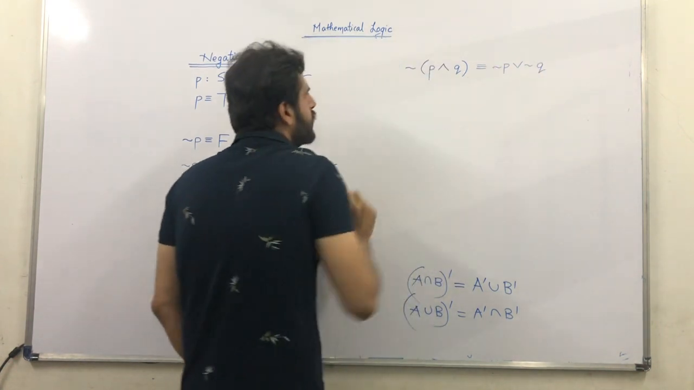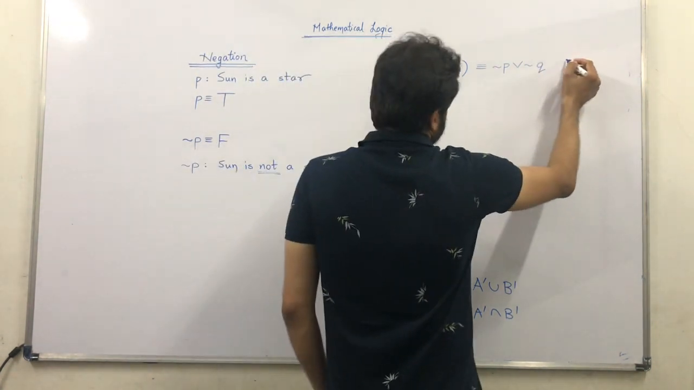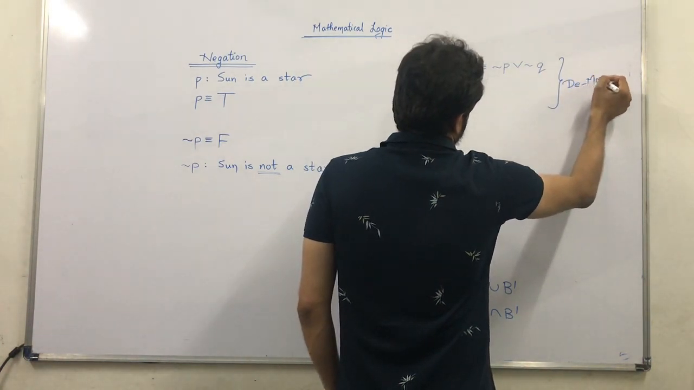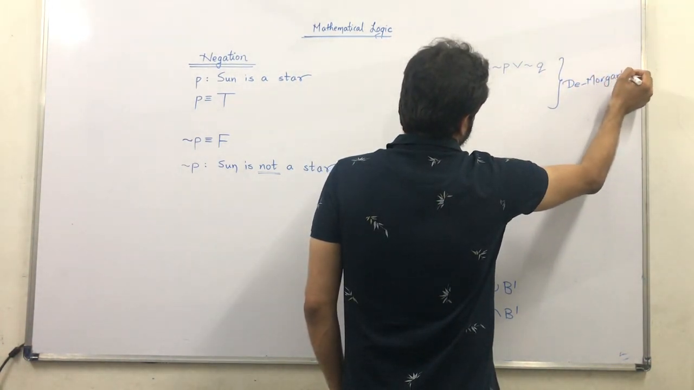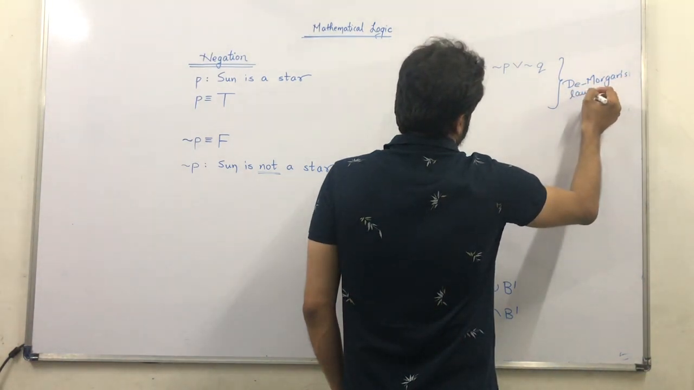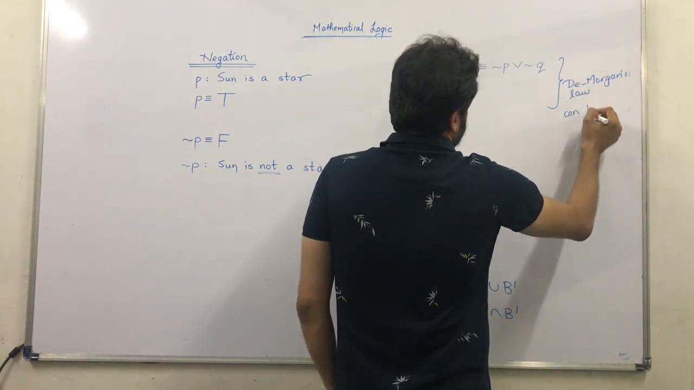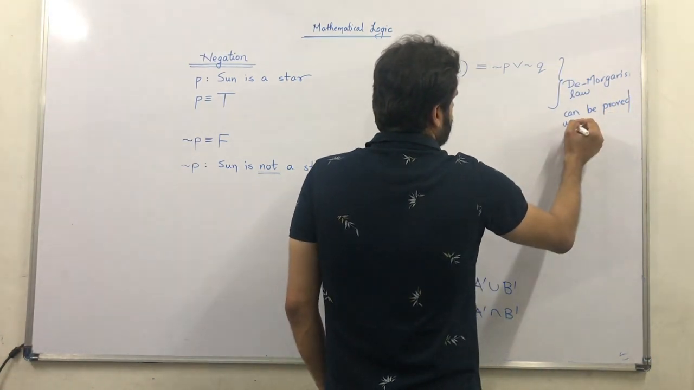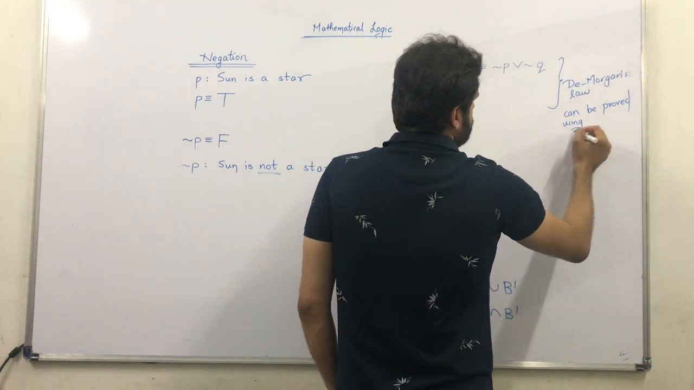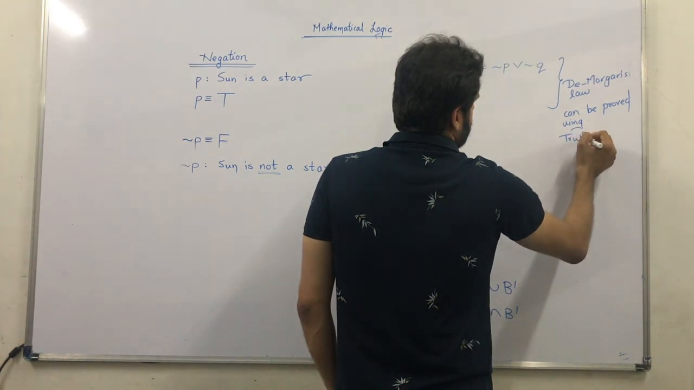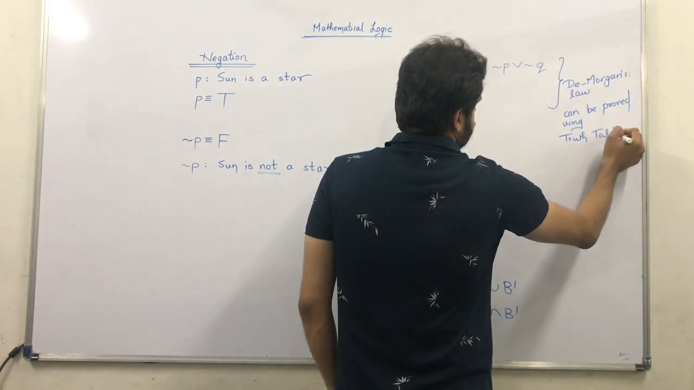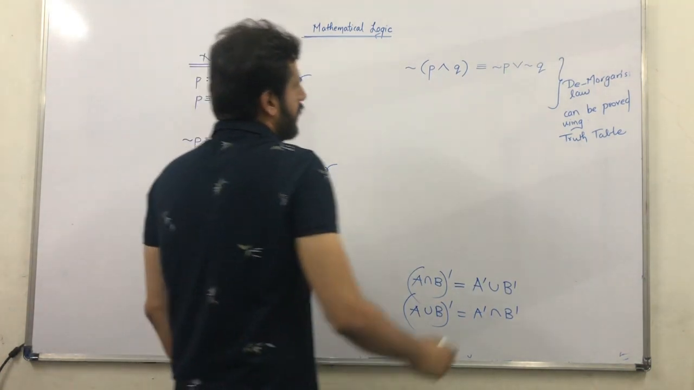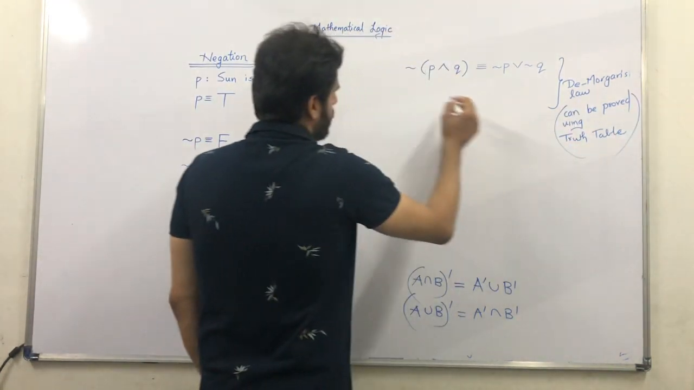This can be proved using truth table. Okay, so I am leaving it up to you. De Morgan's law can be proved using truth table. Okay. De Morgan's law, we have one more law,